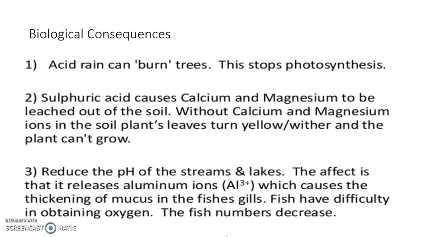They can't obtain oxygen for respiration. So again, when we're talking about biological consequences, go beyond the mundane and say burning. They are damaging the leaf tissue, stopping photosynthesis. They are damaging root tissue, which stops the uptake of nitrate, which prevents growth. That means a decrease in biomass, a decrease in energy flowing through the food chain. We've got this leaching effect that takes place as well.